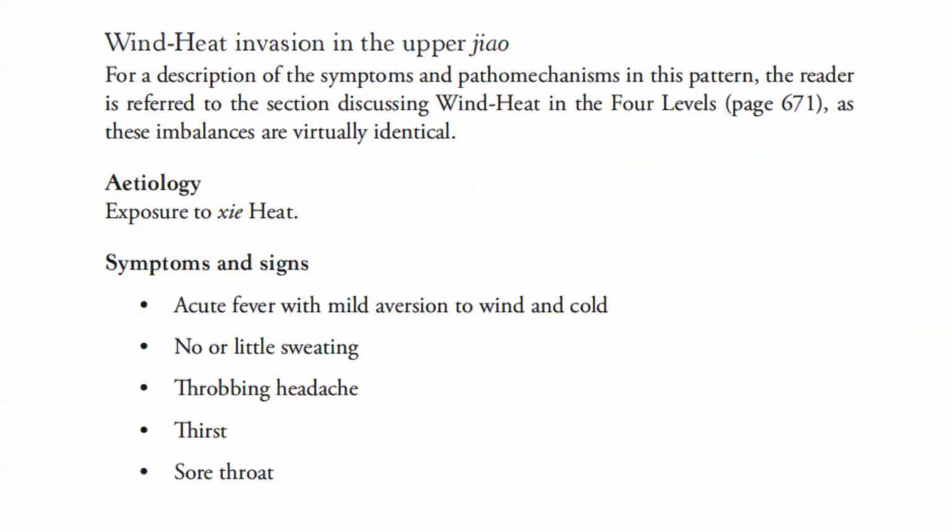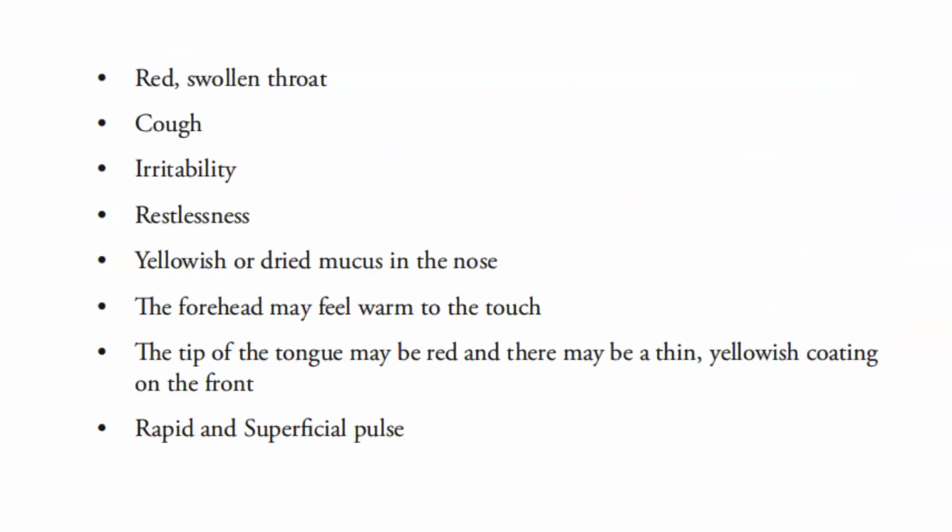For a description of the symptoms and mechanism of the pattern wind heat invasion in the upper jiao, we refer to the section discussing wind heat in the four levels, as these imbalances are virtually identical. This pattern's etiology can be traced to exposure to pathogenic heat. So for the symptoms and signs, there will be acute fever with mild aversion to wind and cold, no or little sweating, throbbing headache, thirst, sore throat,